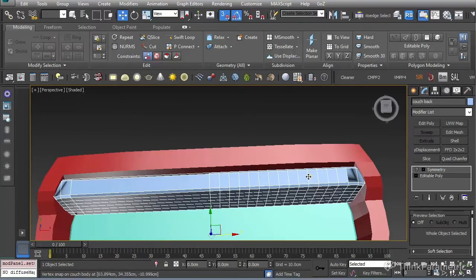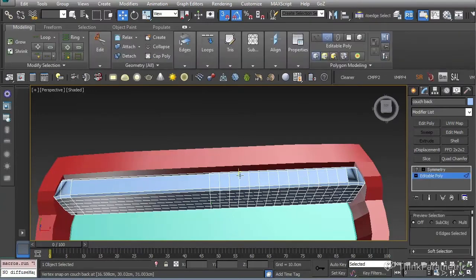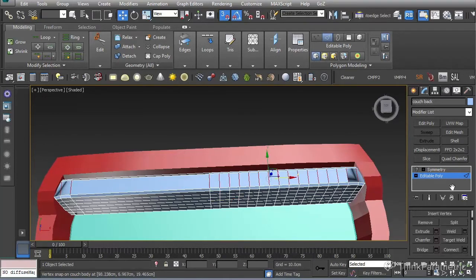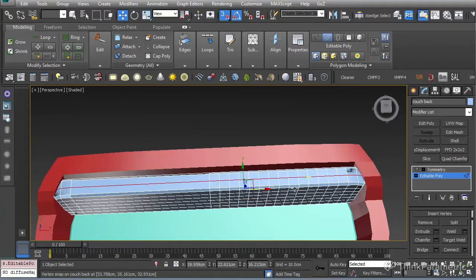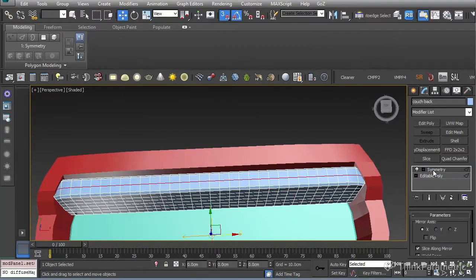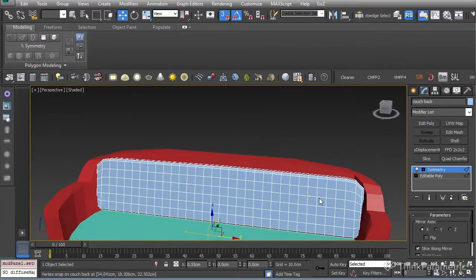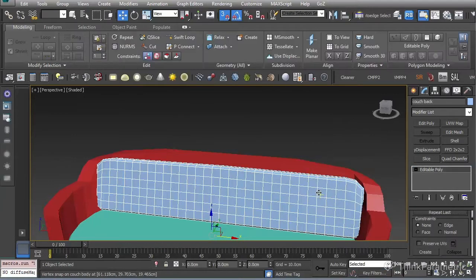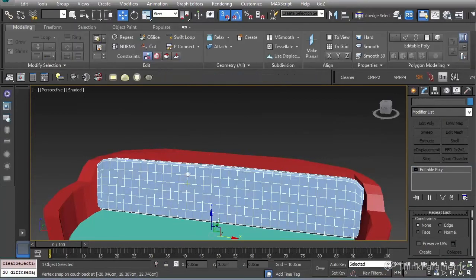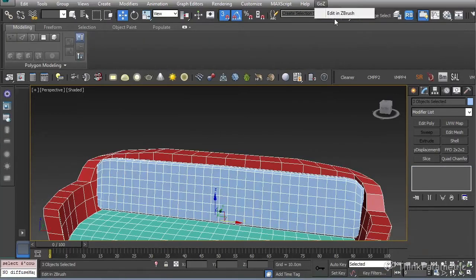Before the symmetry, okay, connect one more time. Okay, perfect. So after that, symmetry, and that's it. One more time, we collapse it, and we send these three elements to ZBrush.